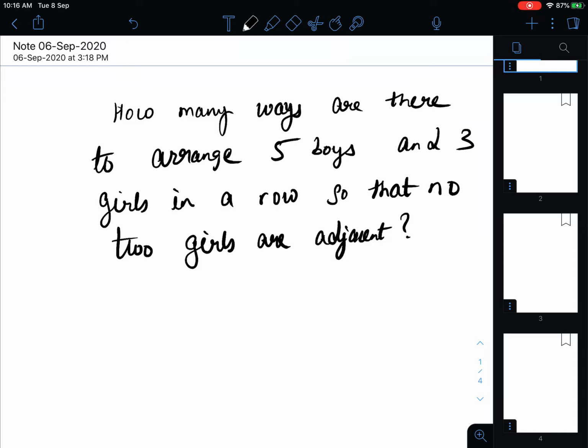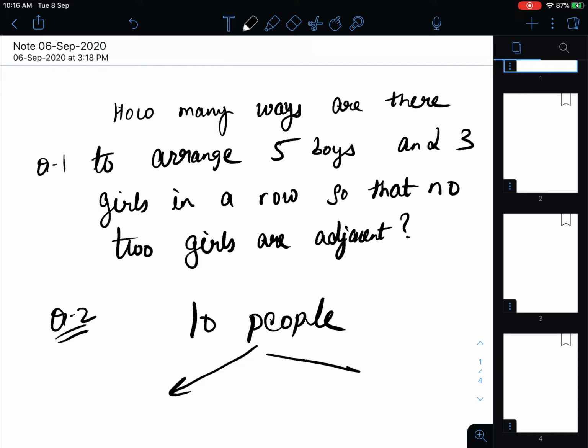And there can be other questions like how many ways are there to divide a group of 10 people into 3 groups. This is question 1, this is question 2. Let's say you have 10 people and you would like to divide them into 3 groups consisting of 4, 3 and 2 people respectively, such that one person is rejected. These are 2 very simple examples of counting problems related to what we call permutations and combinations.